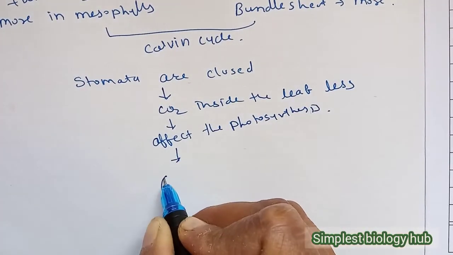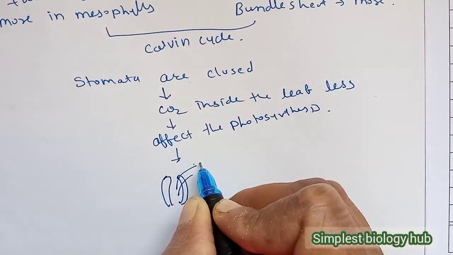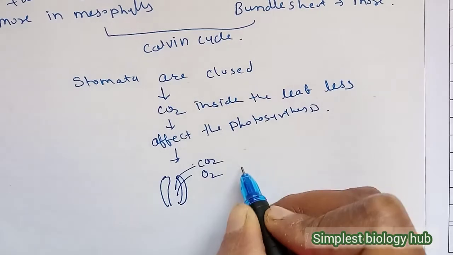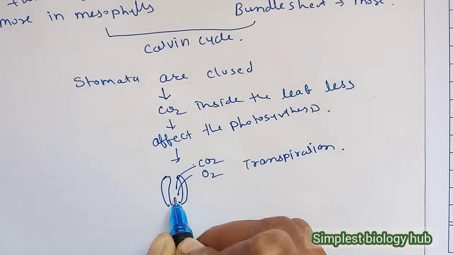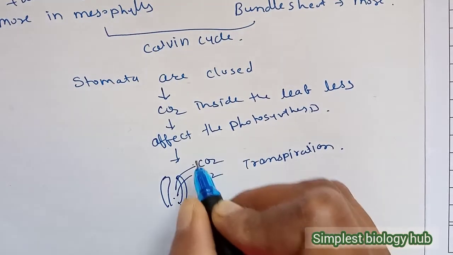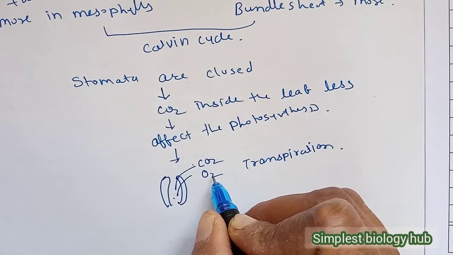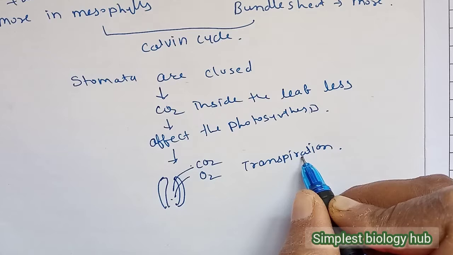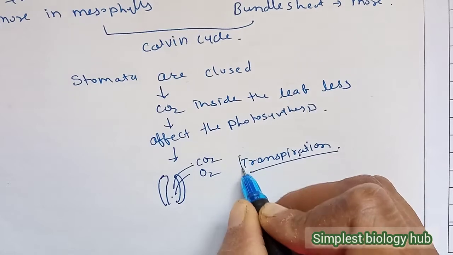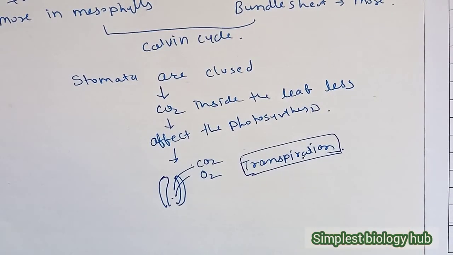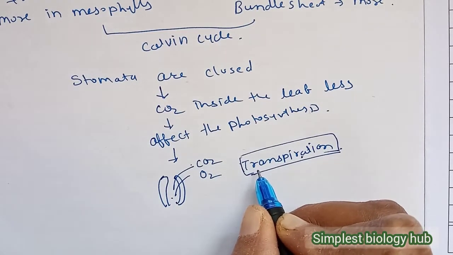Actually, the stomata perform three types of functions. They exchange gases, like CO2 and O2, and they also perform transpiration. But due to the closing of the stomata, there is no exchange of CO2 and O2, therefore the concentration of CO2 inside the cells is less, while the concentration of O2 inside the cell is more, and transpiration also does not occur. These are all anatomy changes to minimize the rate of transpiration, because in dry and warm climatic conditions, the rate of transpiration is very high.